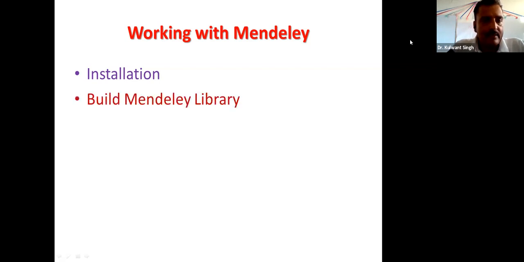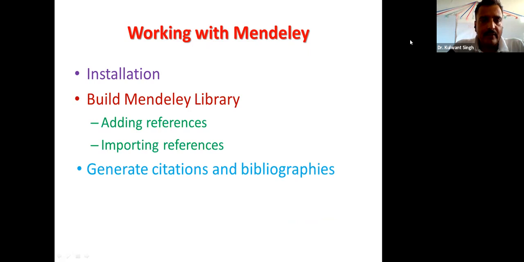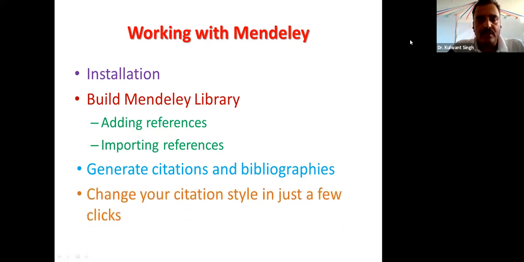Second, we build the Mendeley library, and in the library we add references or import references from a website or other sources. Then we can use the Mendeley desktop for generating the citation and bibliography, and we can also change the citation style with a few clicks. So this is all about the basics of Mendeley.